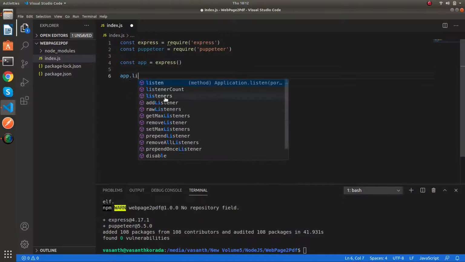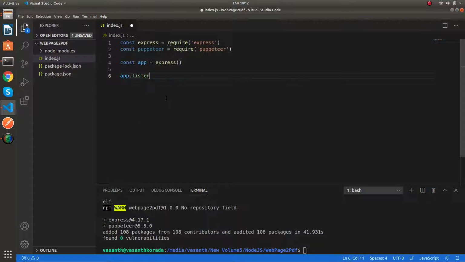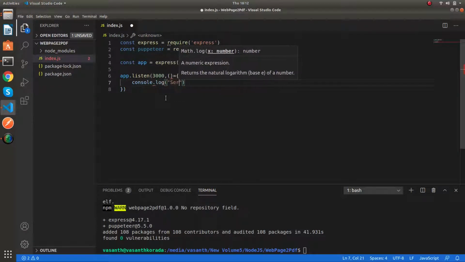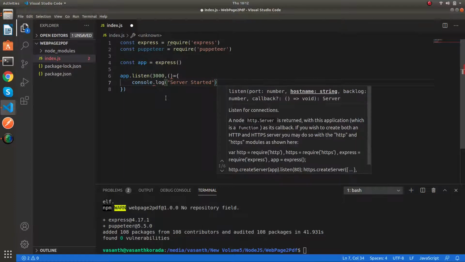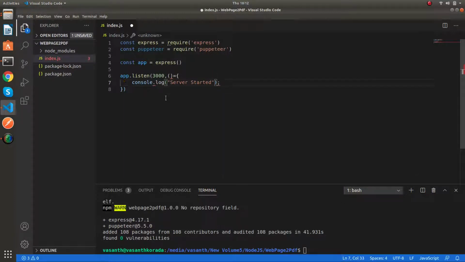Then I'm going to listen to the port. On port 3000, I'm going to listen to the server, and let's say console.log server started. Okay, so let's test this.